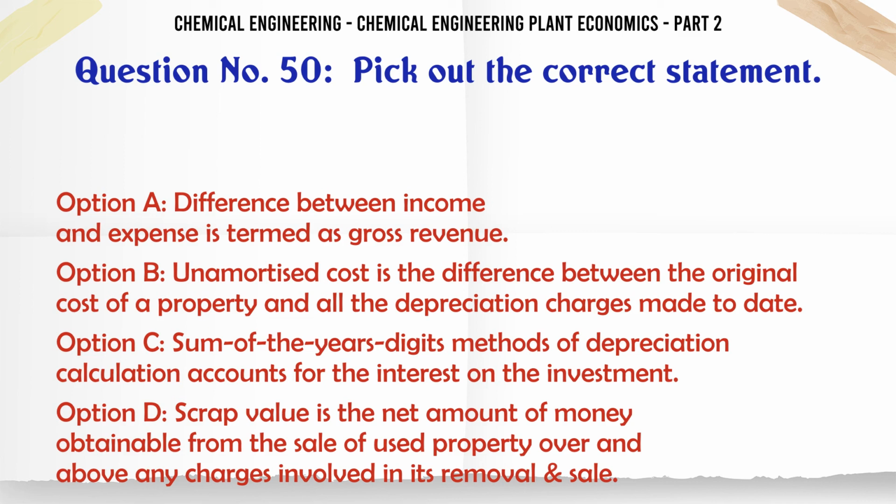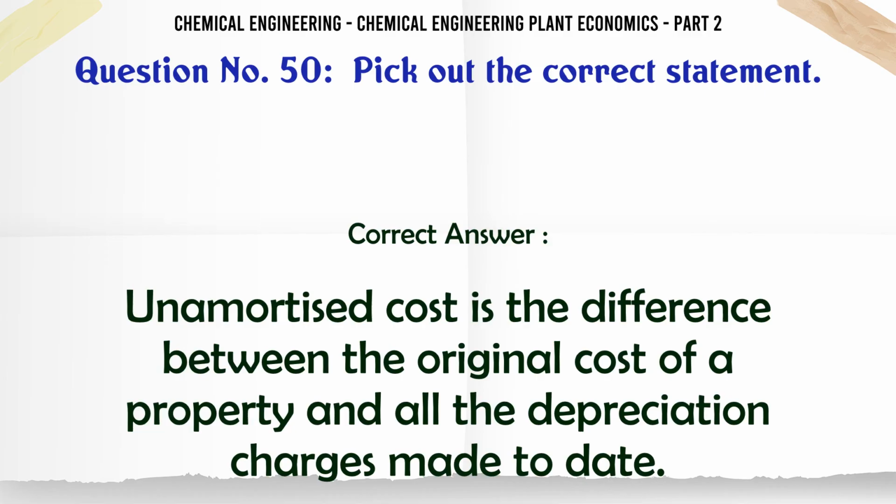D. Scrap value is the net amount of money obtainable from the sale of used property over and above any charges involved in its removal sale. The correct answer is unamortized cost is the difference between the original cost of a property and all the depreciation